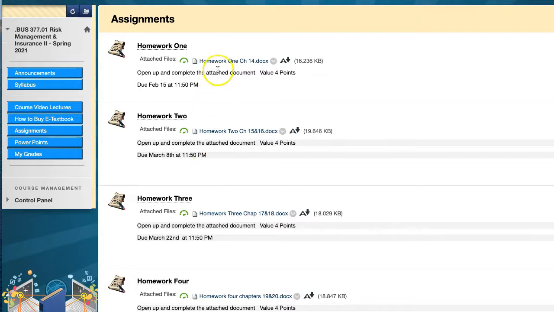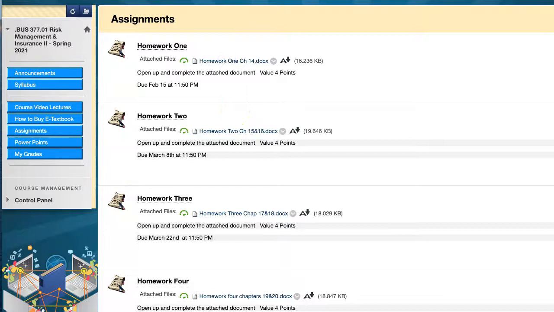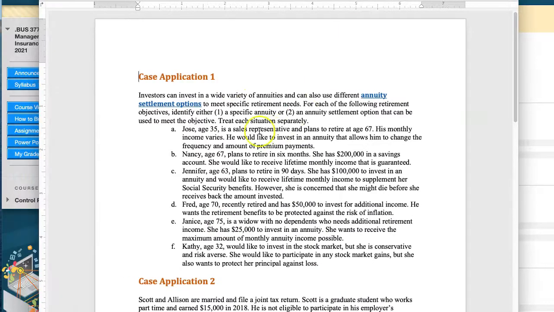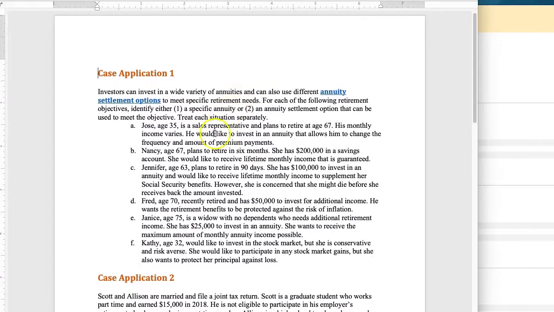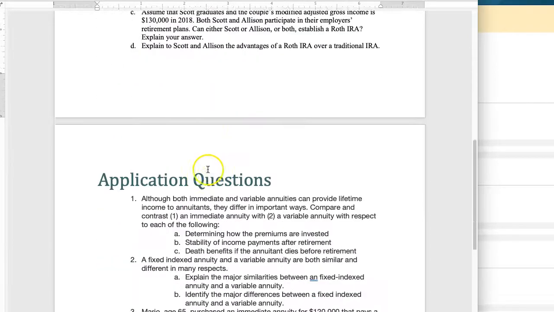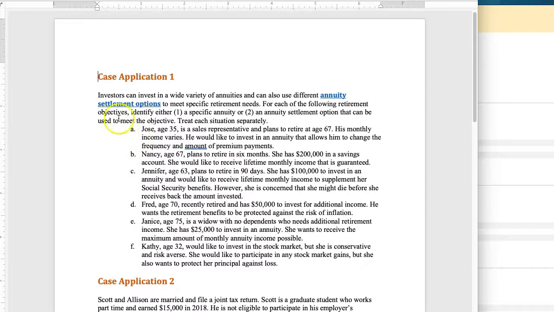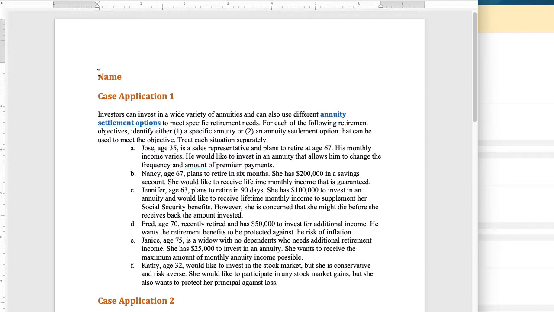To complete a homework, you would click on the link here. This will download the Word document, so you open up the Word document. Here is the Word doc, and this first homework assignment is 2 cases, and then some application questions from the chapter. What you can simply do is, first thing, enter your name up here, and then read over the case, and then underneath each question,